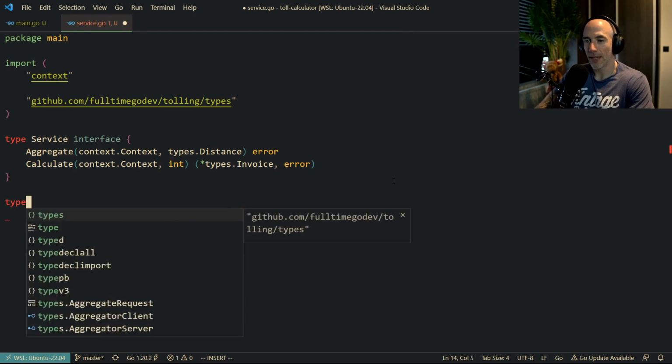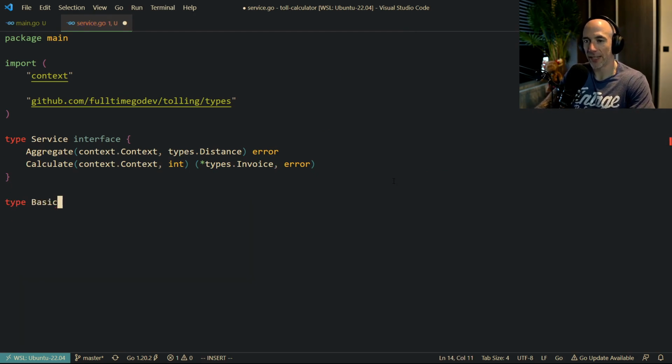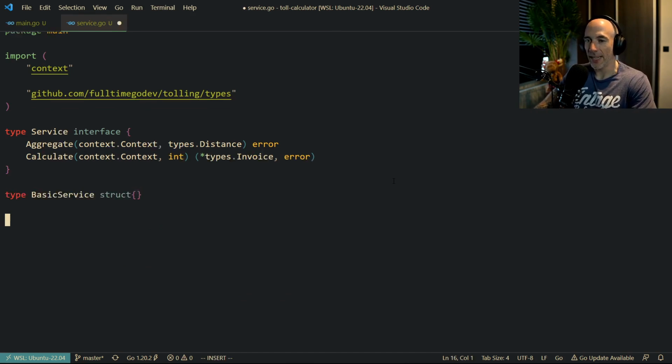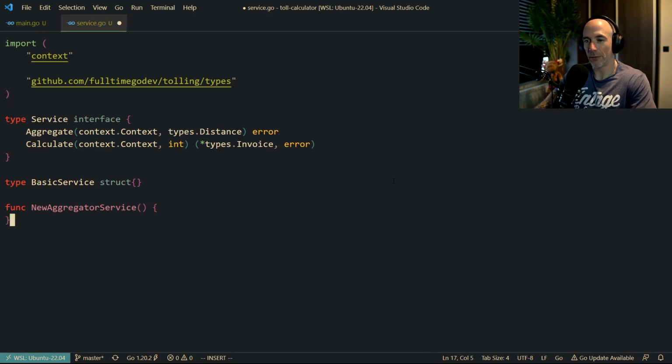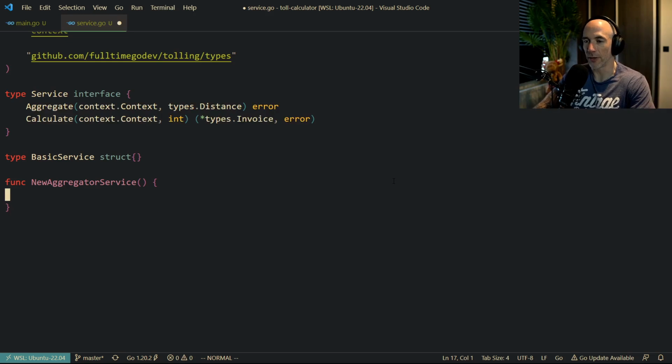Then we're going to make a basic service. It's going to be a struct, and that will hold things for our, I think the store and such we need to do. And then we're going to make a function, which I'm going to call NewAggregatorService. Wait, because this is going to be a little bit tricky here. We're going to do some cool stuff, I'm not going to lie. The NewAggregatorService, which will return,